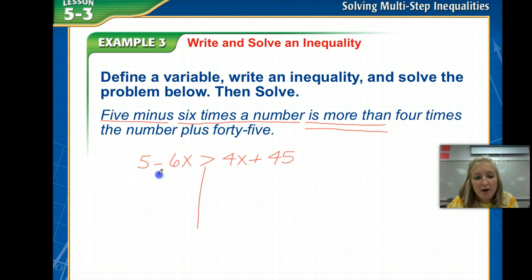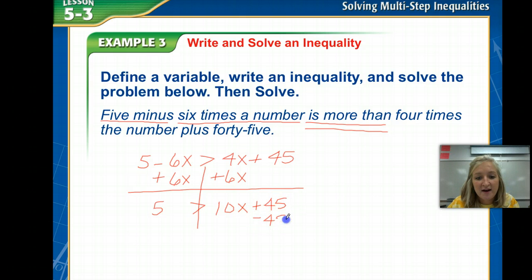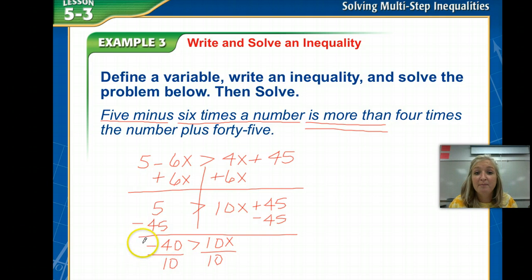All right, let's see. I'm going to add 6x to both sides just to get rid of that negative. I'm left with 5 on this side is greater than 10x plus 45. And now I need to get the 45 to the other side. I have negative 40 is greater than 10x. And now my last step is to divide both sides by 10. Because I divided both sides by 10, my sign stays the same,